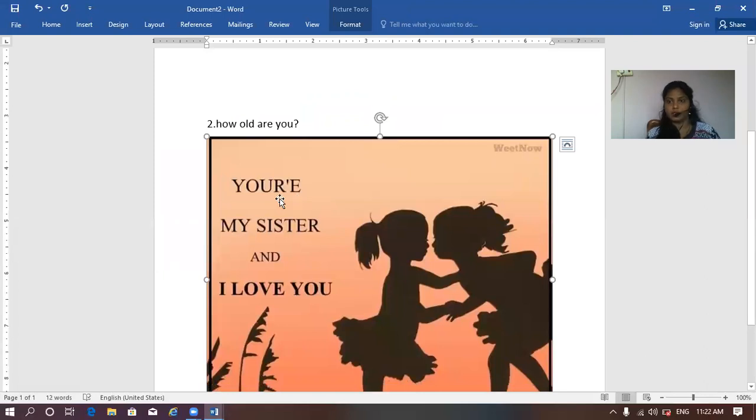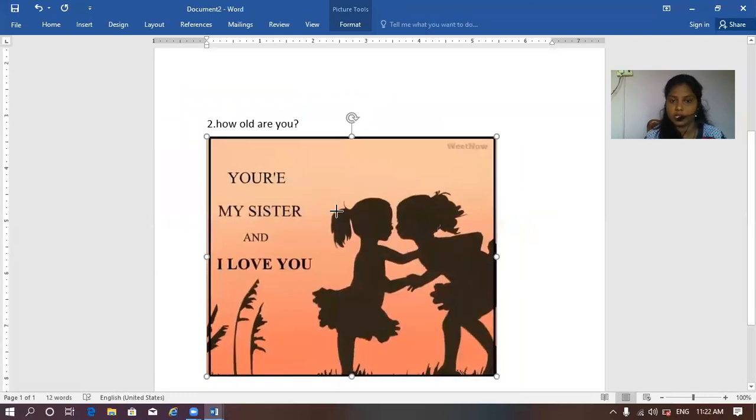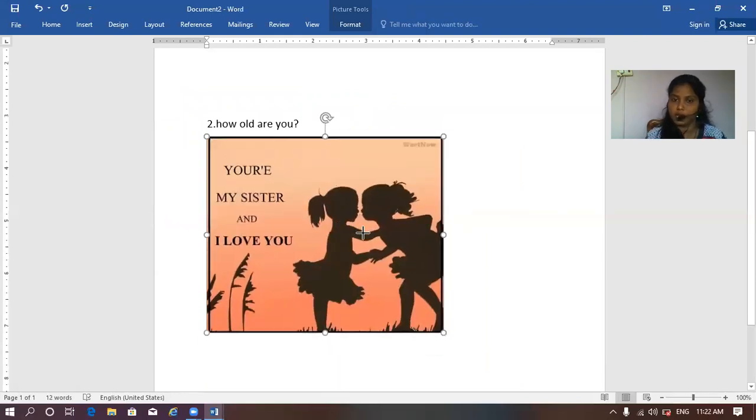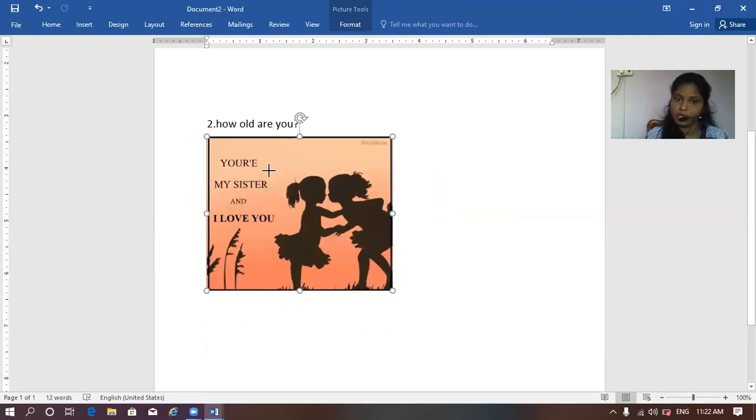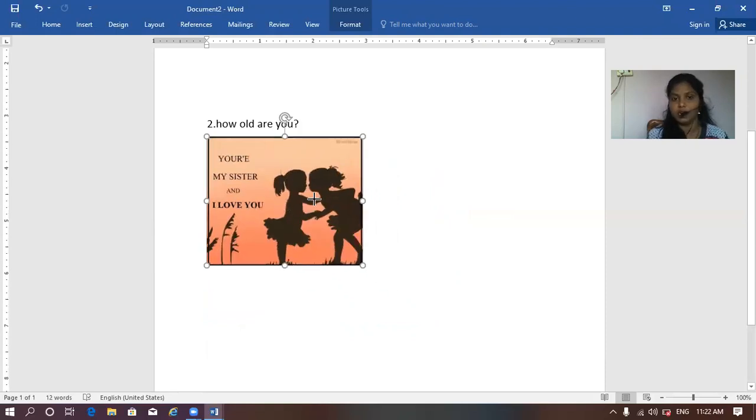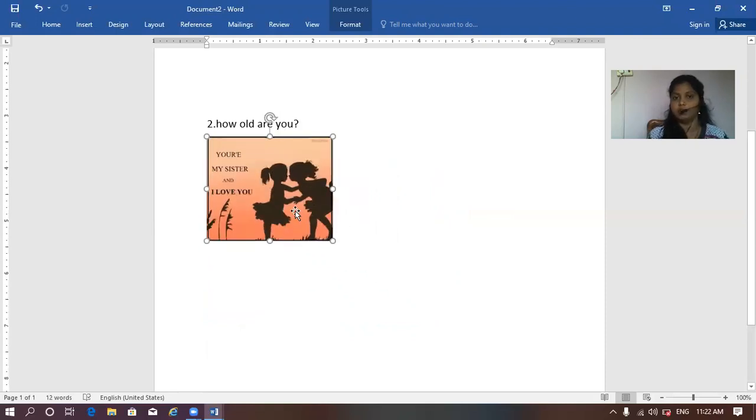My picture has come here. You can resize your picture by dragging one of the corner edges. If you take the middle point of the picture, it will not be convenient for your picture. If you select the corner, then all the pixels will be reduced evenly. So here I am reducing my size.